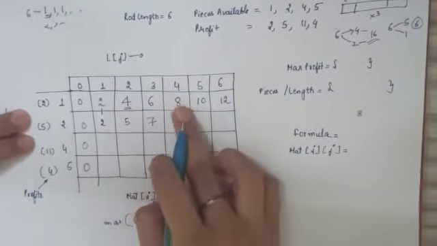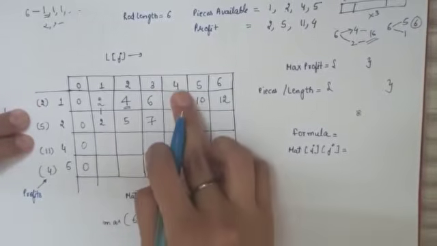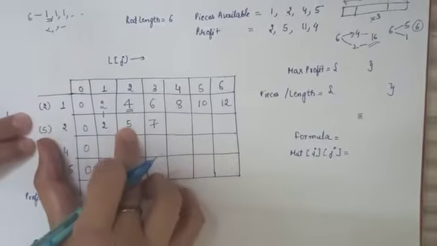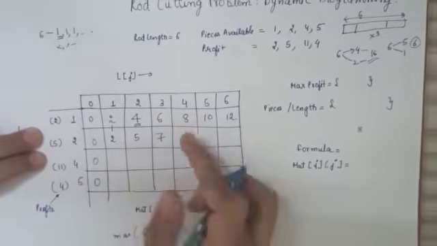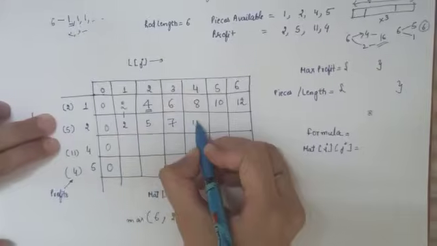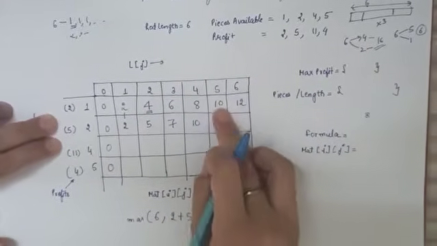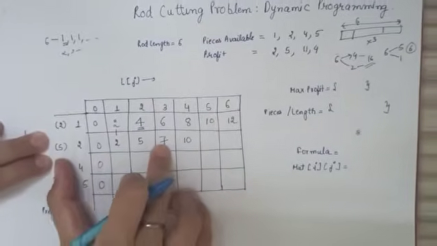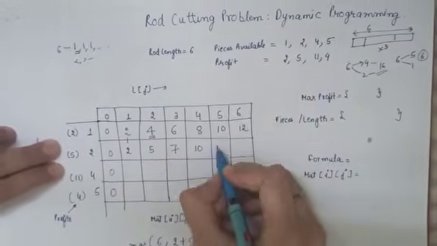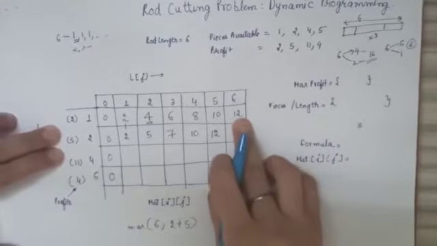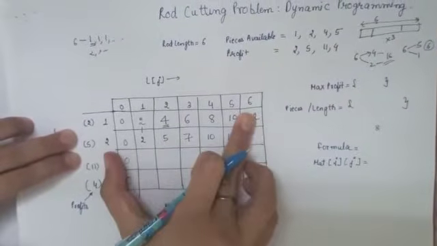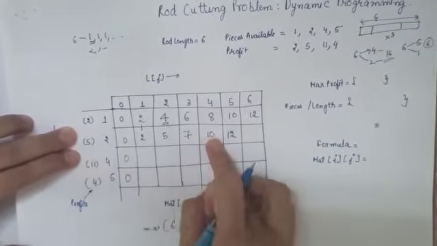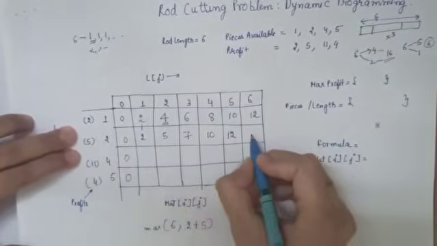Okay, again try to do this. 8, and what is the value? 4 minus 2 is 2. So value at 2 is 5. 5 plus 5 is 10. What is the maximum between 10 and 8? The maximum is 10. Okay, now come over here. What is the value? 10, or 5 minus 2 is 3. So it is 7. 7 plus 5 is 12. Maximum between 10 and 12 is 12. Now come over here. What is this? 12. 6 minus 2 is 4. So I will go here. Okay, 10. 10 plus 5 is 15. Maximum between 15 and 12 is 15.